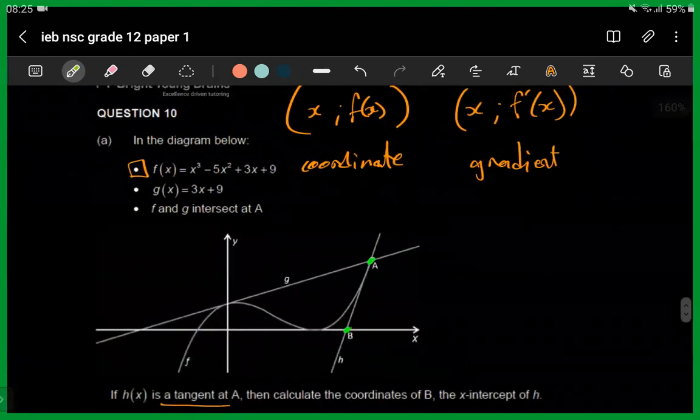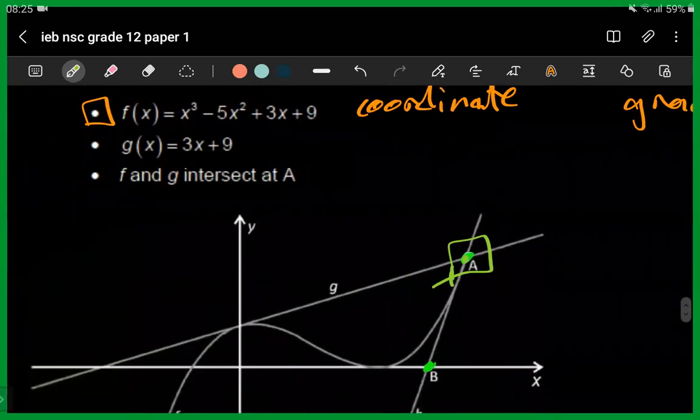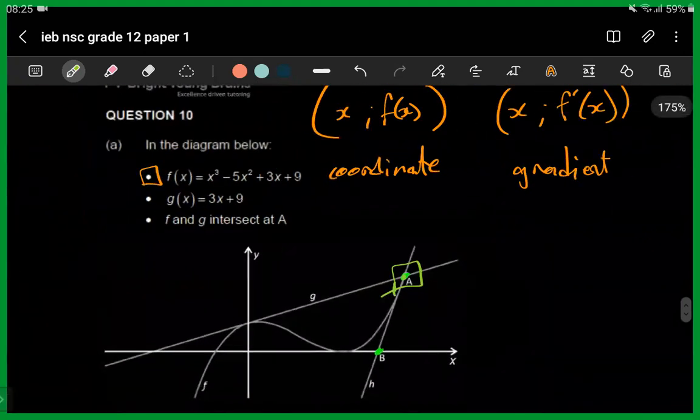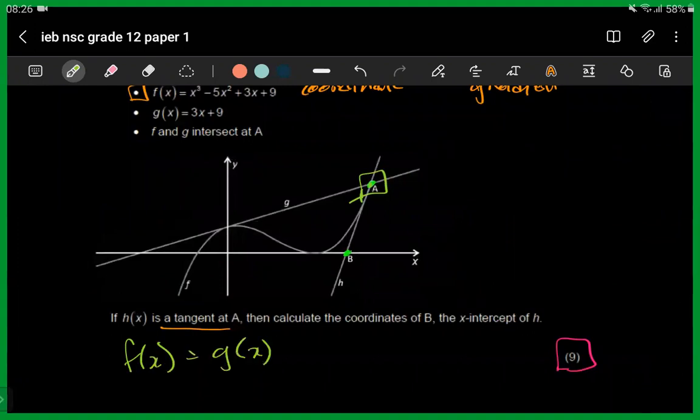So what you know is the tangent and the curve meet here. We can get this point here by making f and g equal to each other. So let's do that first. It doesn't seem like a difficult thing to do. It actually looks like a straightforward thing to do. So let's do it. Here, f of x equal to g of x, we're going to have